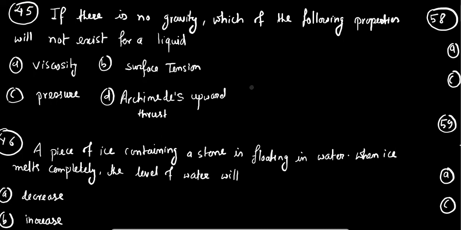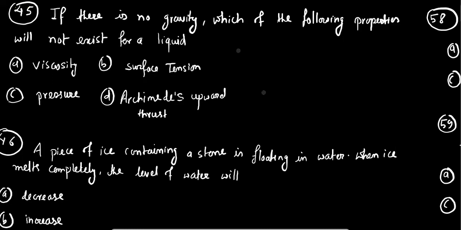Surface tension is the property by virtue of which any free surface of liquid tries to occupy less surface area. And this is pressure, the pressure exerted by the liquid,